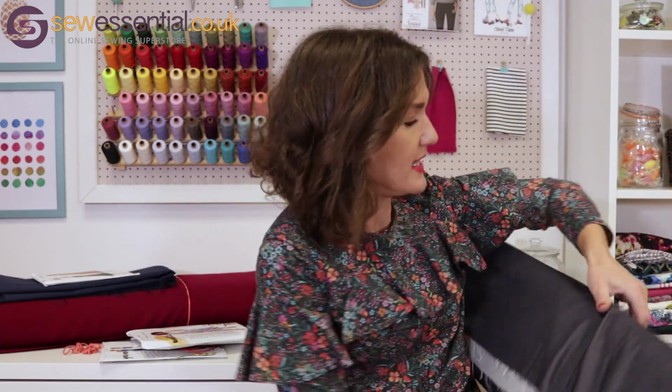It falls beautifully, and I just think this would work very, very well as a summer skirt made up in linen or something along those lines, or perhaps a cotton, but for the winter I think it would work really well in denim, and denim is one of the suggested fabrics as well. And the denim I chose for that is our denim 0, it's DSRS